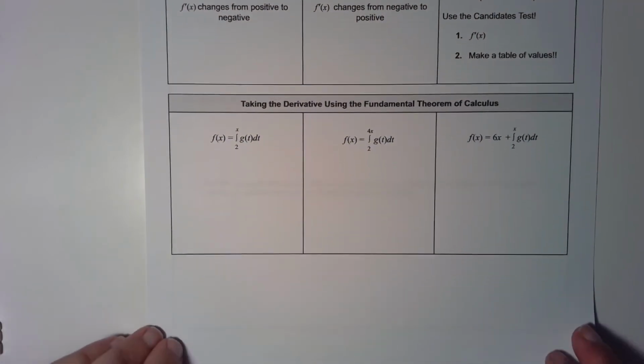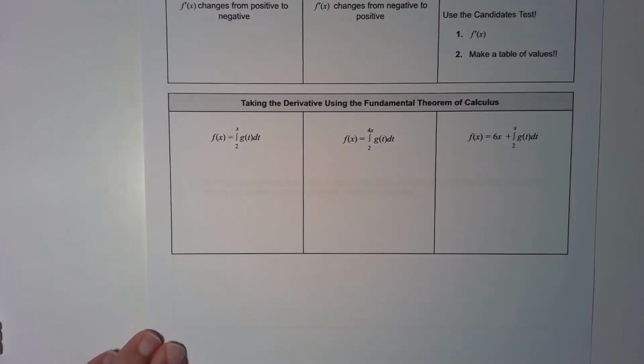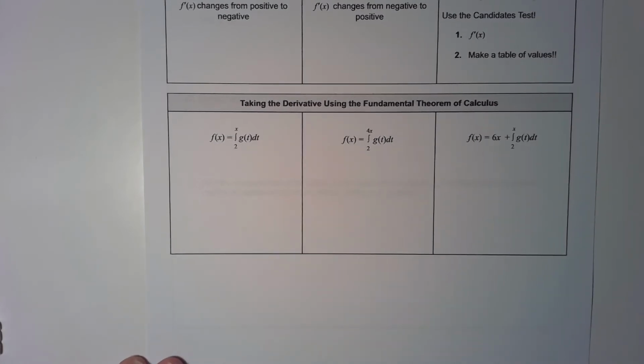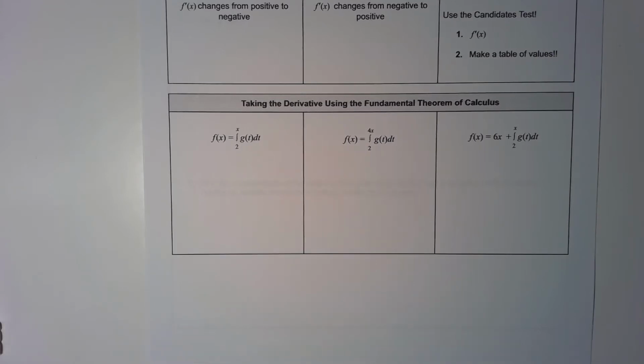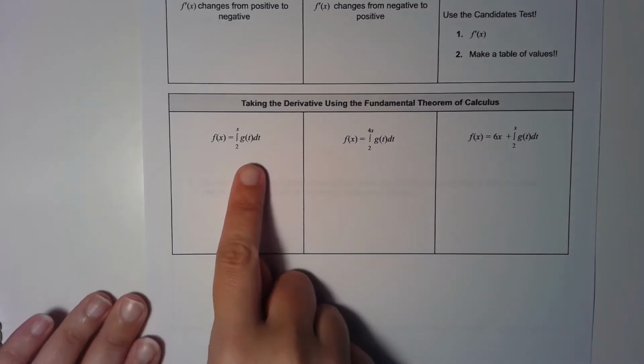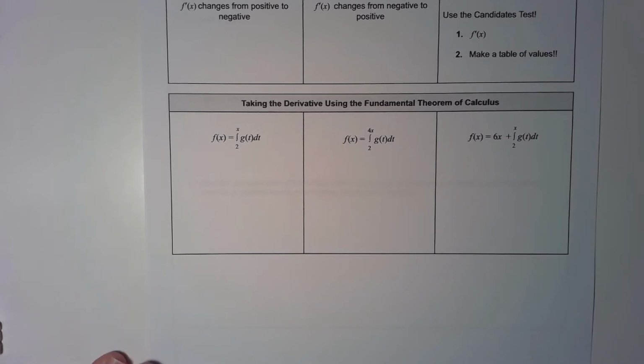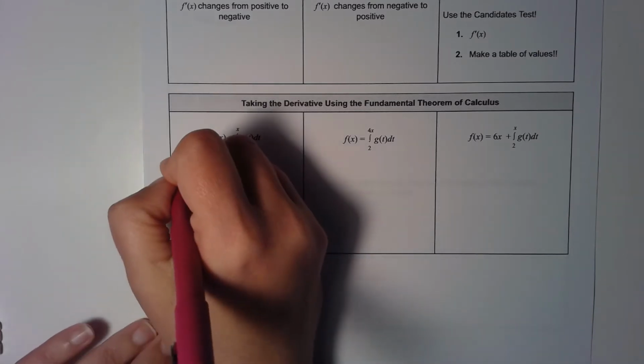So what we're going to do in these problems is practice finding both the first and the second derivative of these functions, because ultimately we're going to need to know how to do that in order to answer questions about where these functions are increasing, decreasing, concave up, concave down, critical points, points of inflection, and extrema. So for this first problem, we are going to take the derivative using the fundamental theorem of calculus, and we are going to find both the first and the second derivative. So to find the first derivative,